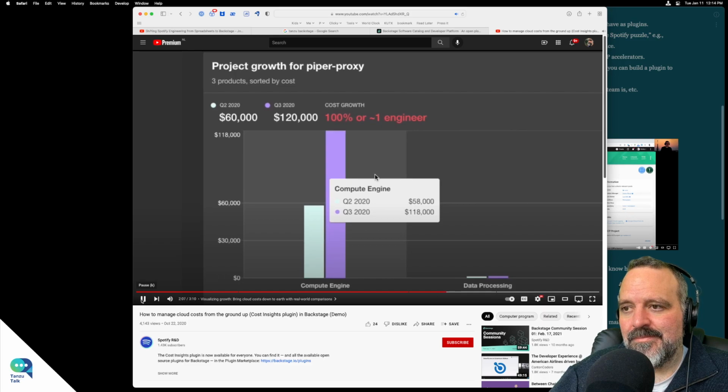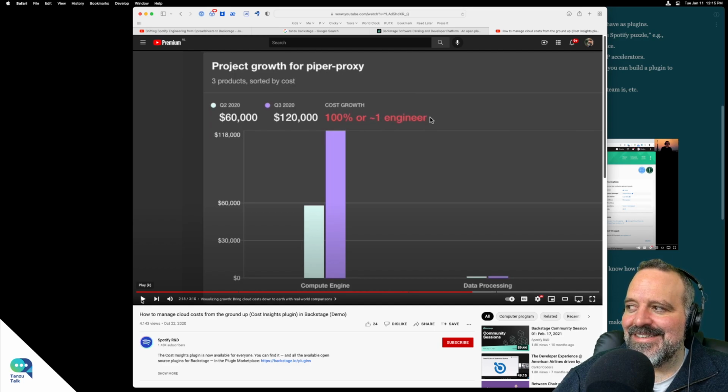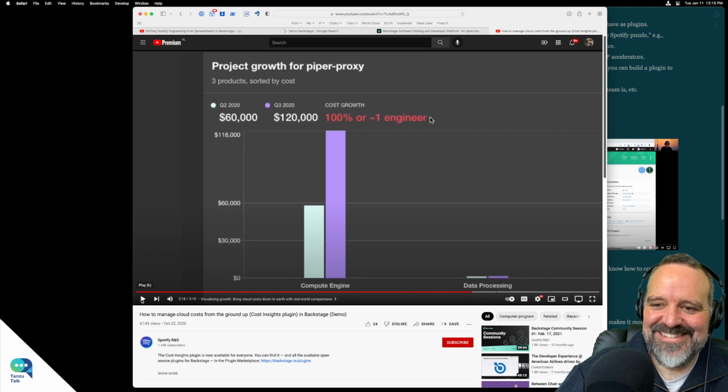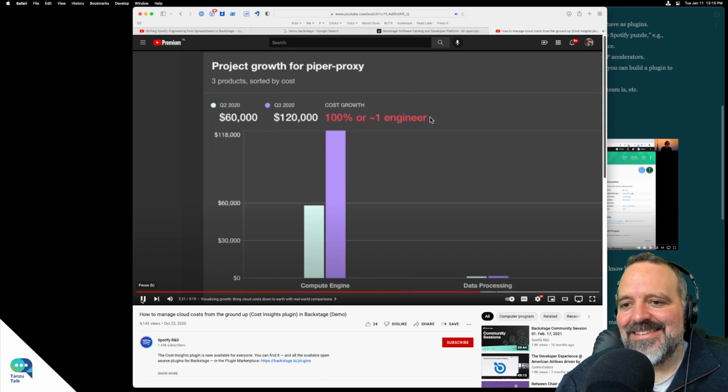Graphs are great, but another way we make costs more tangible is to make the numbers more relatable. So here we show the growth in cost is equal to about 1 engineer. At Spotify, we found that phrasing growth in engineering time rather than sheer dollar amounts helps teams make the right trade-off decisions. I remember that, I think from an old Spotify talk. Yeah, but that's fun, right? The amount of money we're spending is one of you, basically.